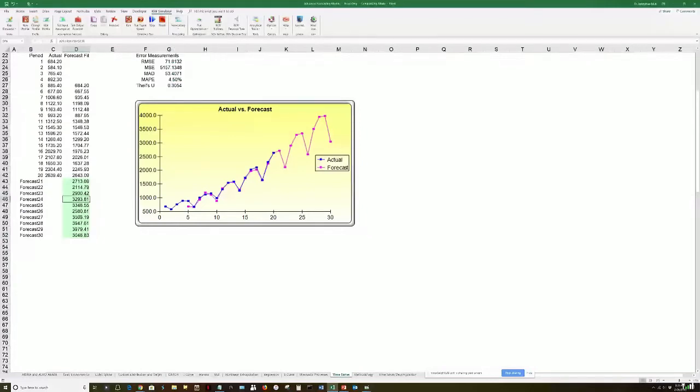How accurate is this? We can look at the error measurements. It's plus or minus 4.5%. For some people, it's good enough. Good enough for government work, as they say. Mean absolute deviation plus or minus $53. So if you're forecasting $2,000-$3,000, plus or minus $53, that's your tolerance. It's up to you if you feel like that's decent. If not, get additional data. We can run regression, econometric models, all these other fancy methodologies as appropriate.